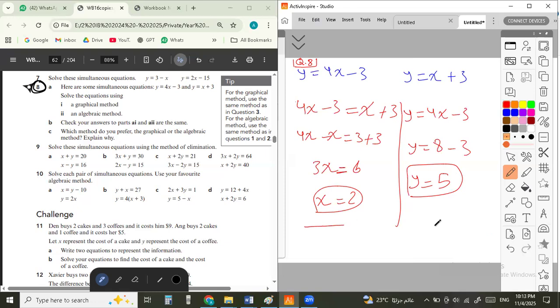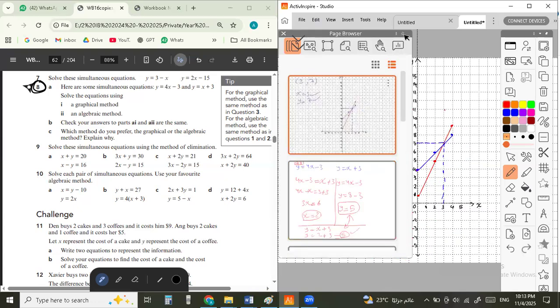You can check in the second equation, y equals x plus 3. x is 2, so 2 plus 3 equals 5. Yes, like what I've got. It is correct. But using the graphical method,